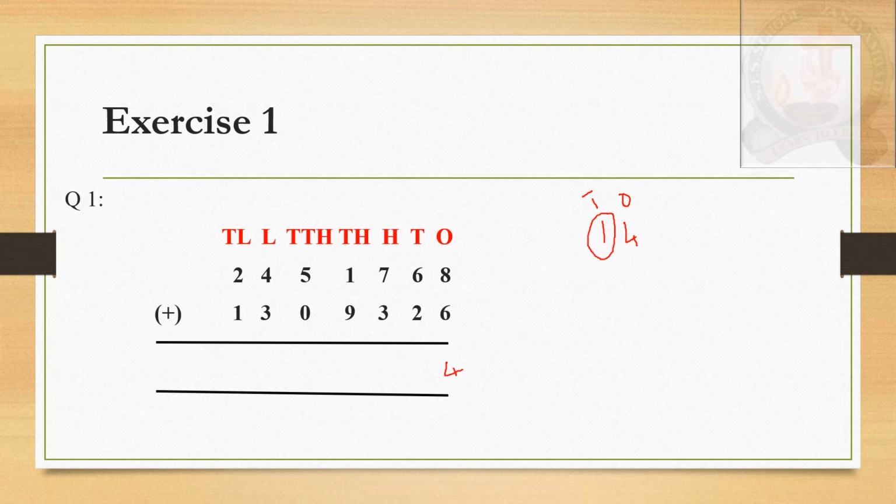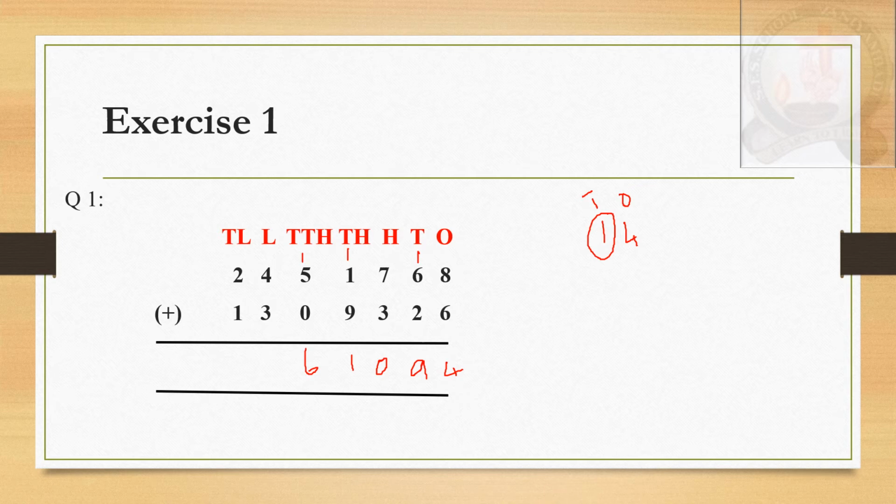Then this tens, how many tens here? 1 ten, this should carry to the tens place. Do you understand, children? It is the same for other numbers also. So it is carried to the next digit. 1 plus 6 is 7, 7 plus 2 is 9. So here there is no carry. Now we'll start as usual with the addition of the hundreds place. 7 plus 3 is 10. Now for 10, write 0, 1 carry to the next digit. Now 1 plus 1 is 2, 2 plus 9 is 11. For 11, 1 carry, 1 you should write here. 1 plus 5 is 6.